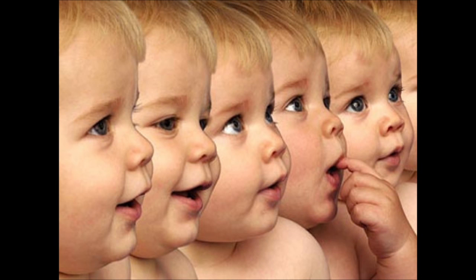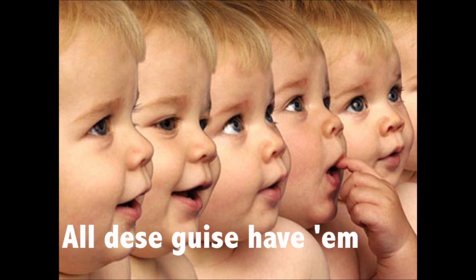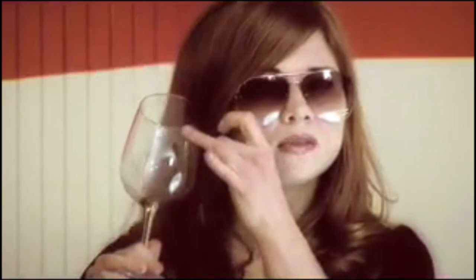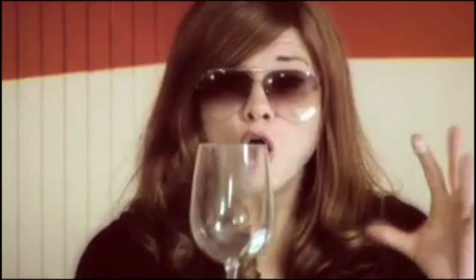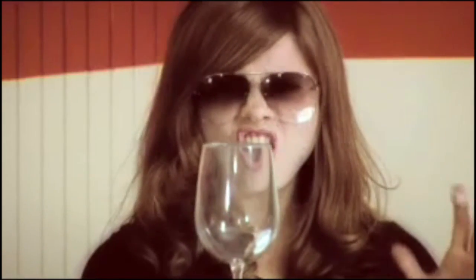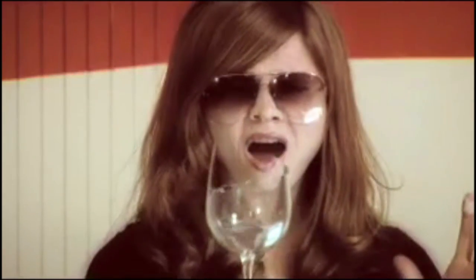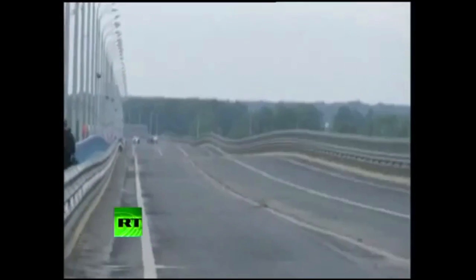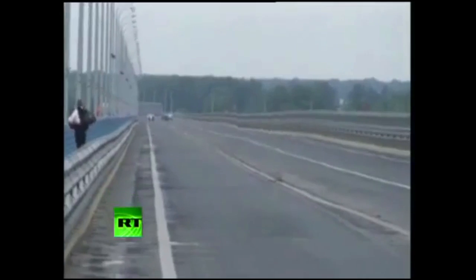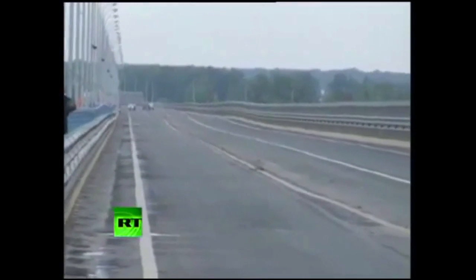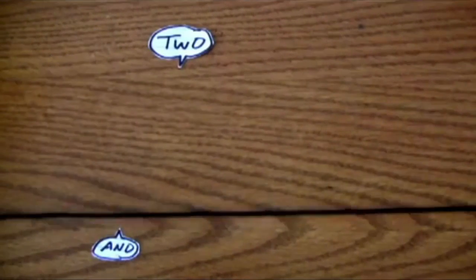Now, every object has its very own natural frequency. If an external force acts upon this object at this same frequency, they are said to be resonant with each other. As shown in this clip, the wind outside is causing this bridge to oscillate at its natural frequency, resulting in this waving movement. When a string vibrates, there is a fundamental frequency that relies on the length of the string